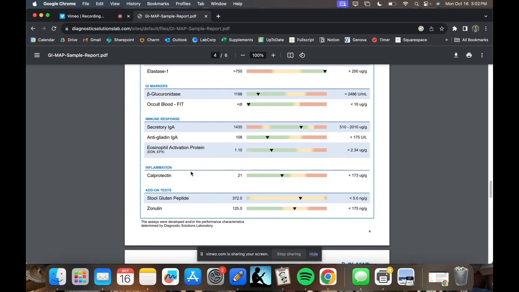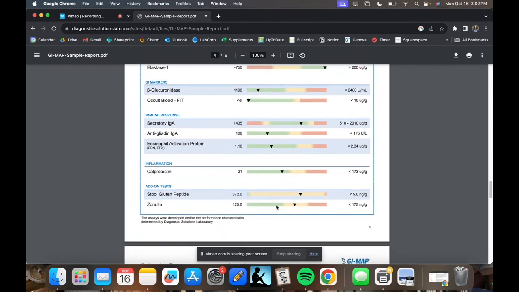So I definitely want to refer to gastroenterology if this is high. Honestly, if it's elevated at all, probably above the 173, I would be confirming with LabCorp or another external lab test just to confirm, and then probably referring to